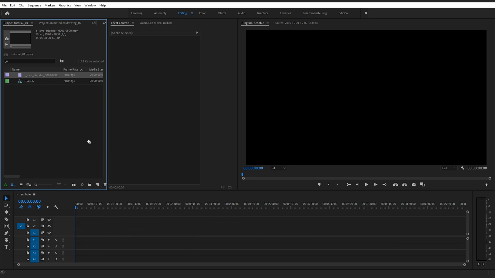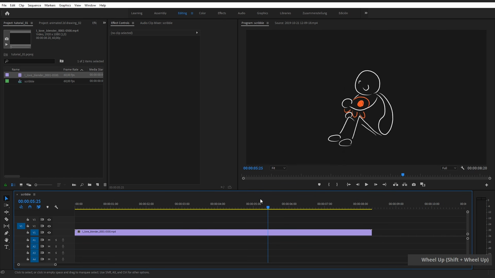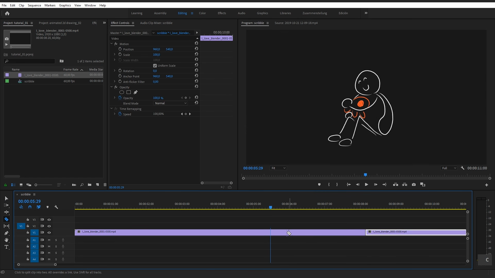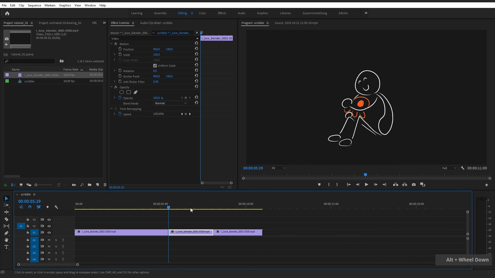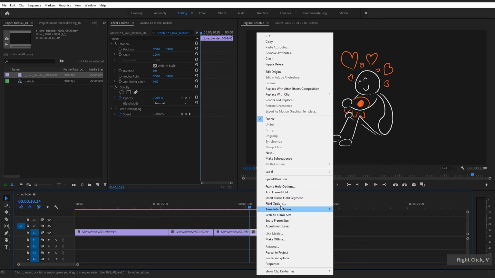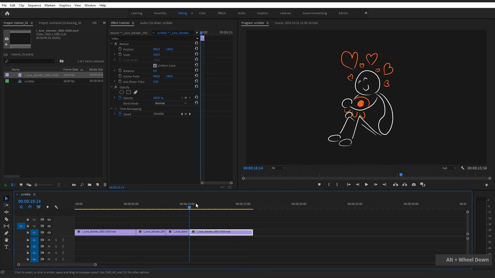Once you're done, open the video editor of your choice like Adobe Premiere, import your clip. Now if you want to adjust the drawing animation to your spoken text, you can either speed up or slow down the animation. You can cut out a part and add a still frame so you can extend your clip as much as you like. And this I also do at the end so I can adjust how long this drawing should stand still in the end.